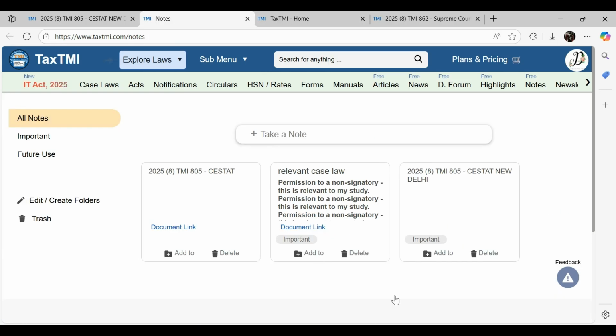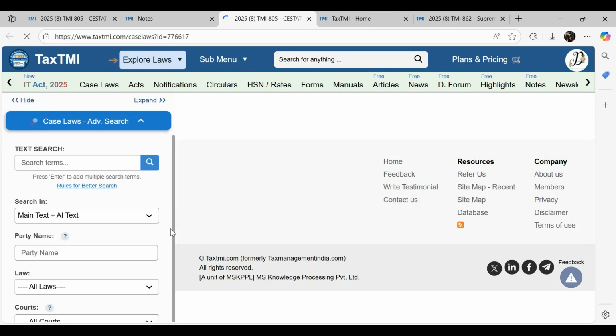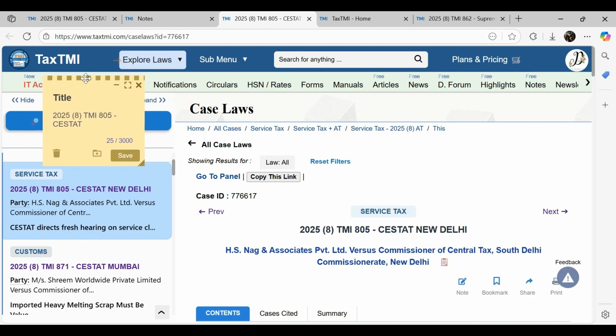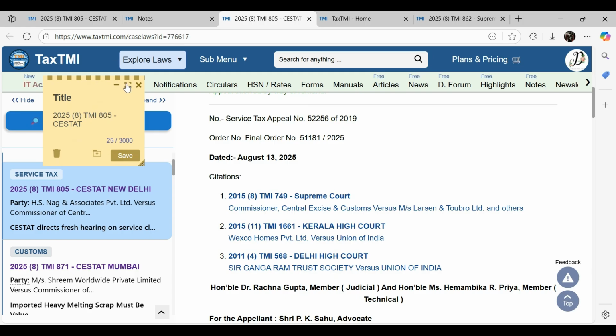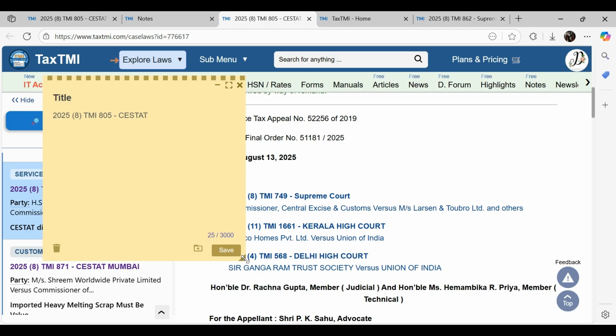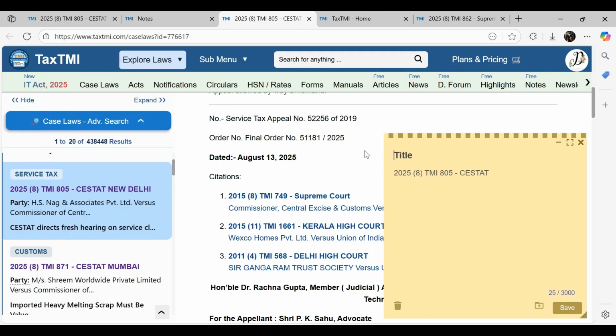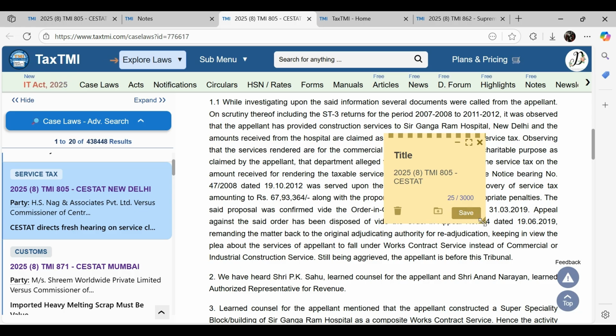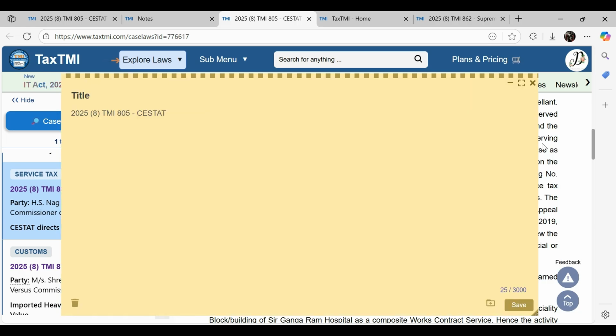One more thing that I forgot to mention is, suppose I go to this document on which the note was created and I expand it, then I may move it also so that it does not hinder my reading experience at all. And instead of maximizing it to the maximum, I can simply choose the relevant resize size that is relevant to my needs or requirements at that time, and either minimize it to this level or maximize it, and this is the default feature of maximize, so that it gives you a proper space of reading the note and taking it spaciously.